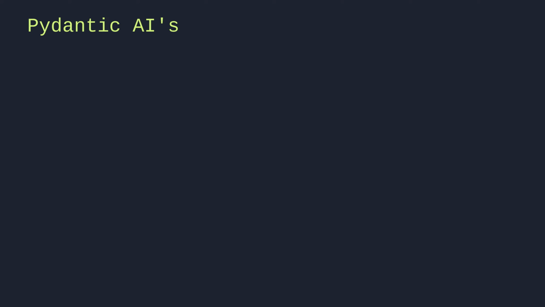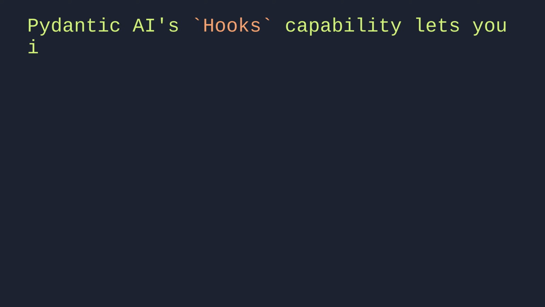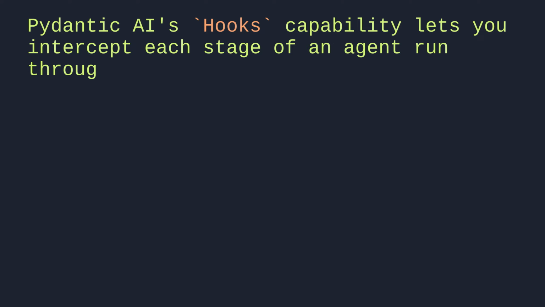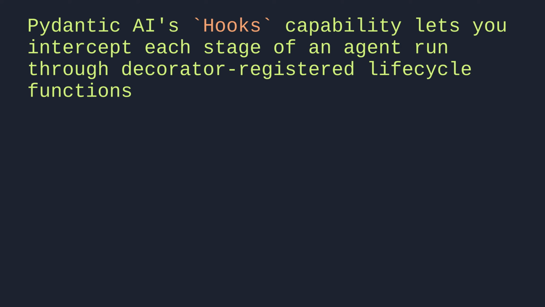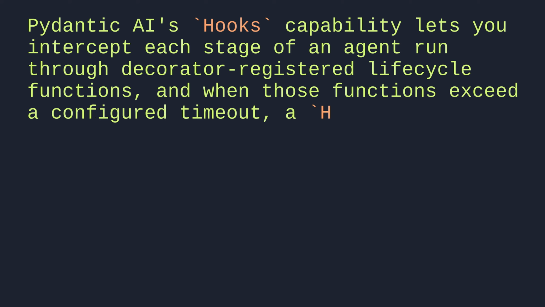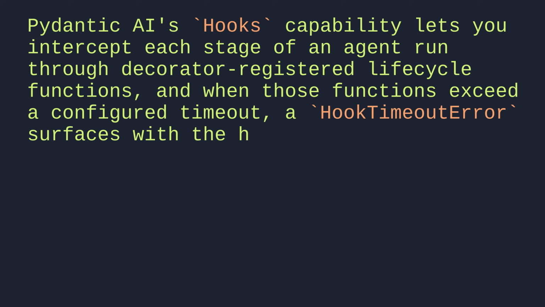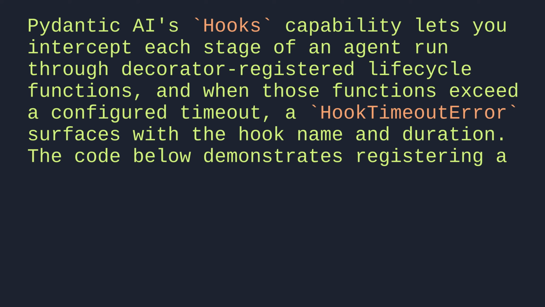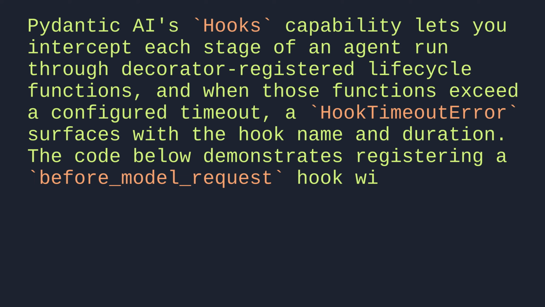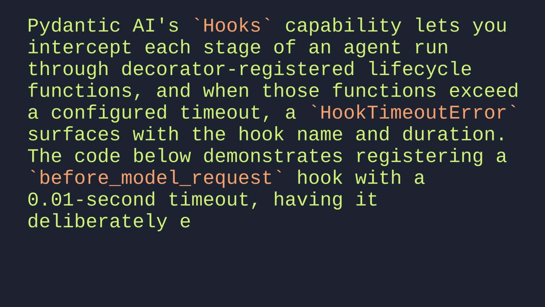Pydantic AI's hooks capability lets you intercept each stage of an agent run through decorator-registered lifecycle functions. And when those functions exceed a configured timeout, a HookTimeoutError surfaces with the hook name and duration. The code below demonstrates registering a before-model-request hook with a 0.01 second timeout, having it deliberately exceed that limit, and